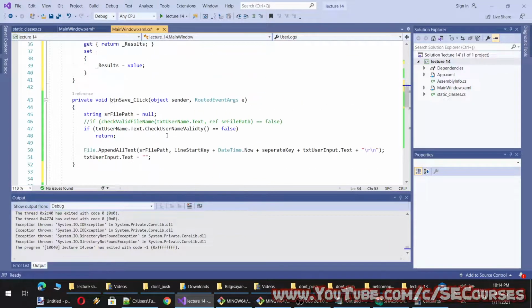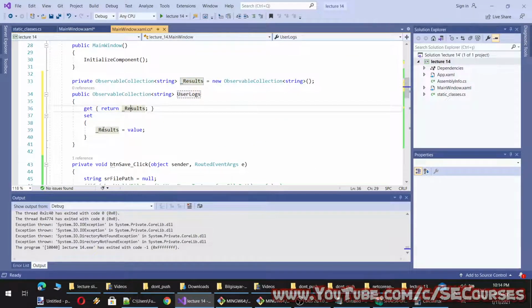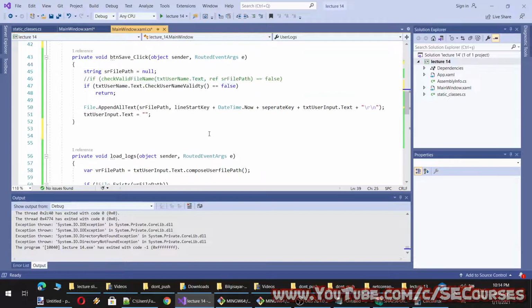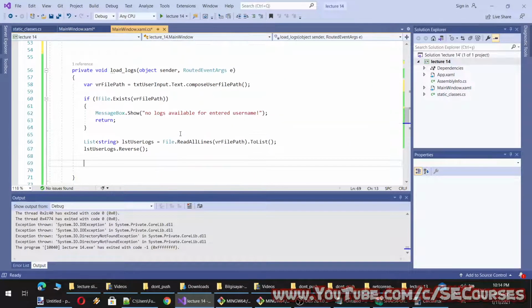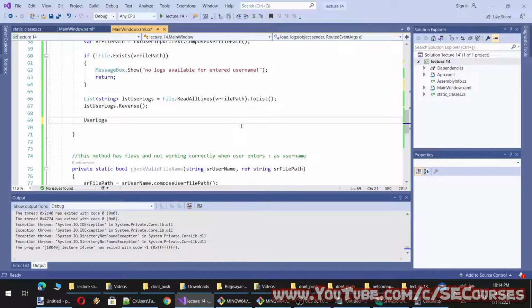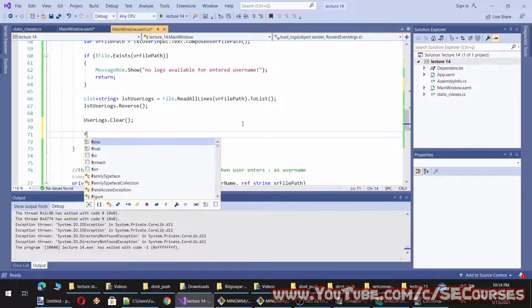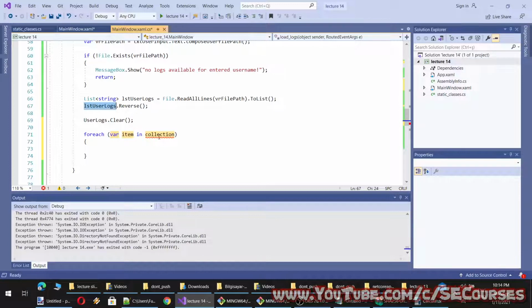Okay, and I don't even need to change this parameter name, it may stay same. And when I click logs, I will clear the observable collection. Then I will do a for each of user logs, and